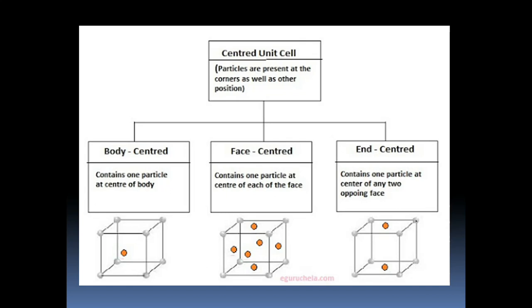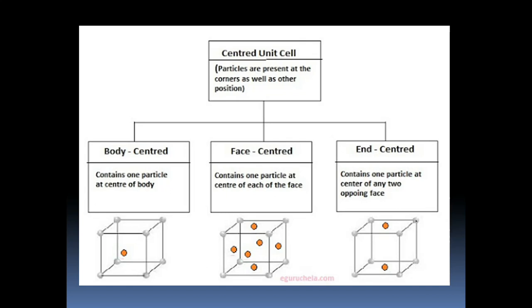Here, in this case, particles are present in the corners, plus you can find additional particles at the center of each face. Now tell me students, how many faces does a cube have? You can just count how many walls are there in the room. So you have got 4 walls plus 1 roof and the floor. So total 6 faces are there in a cube. Okay, so particles are present in center of each face also, in addition to the particles in the corners.